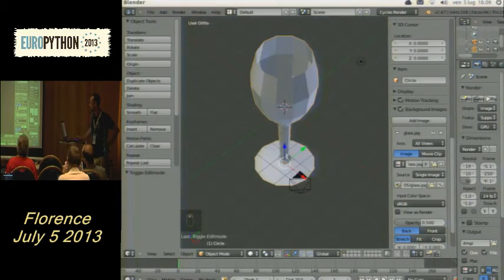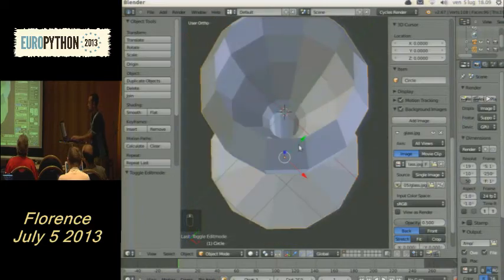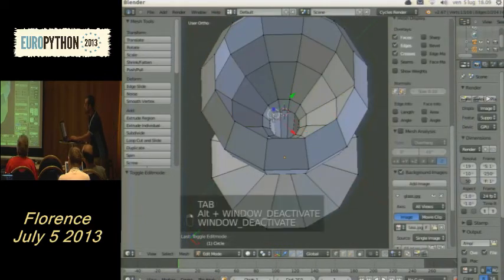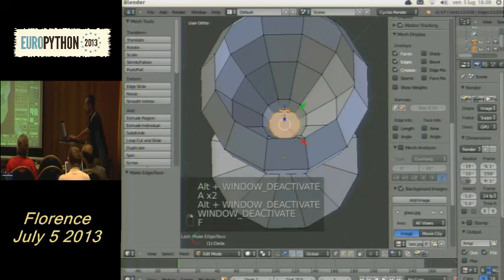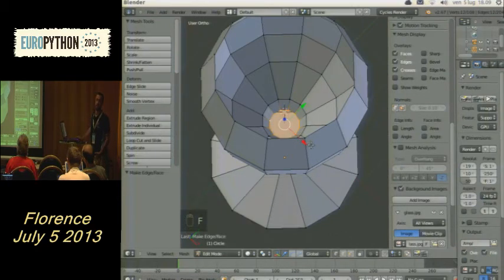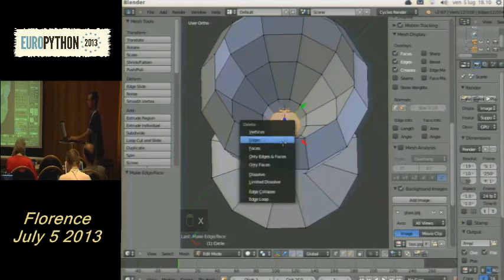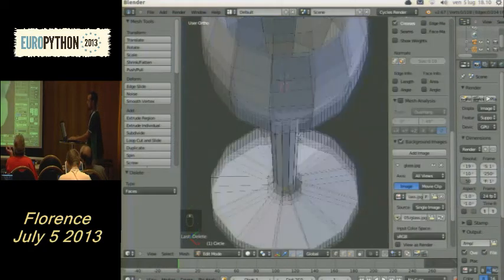So you can select this loop cut and fill it with a face using F. This is one of the possible approaches. Or you can model the inner surfaces of the glass yourself, and I prefer this kind of approach. So this time